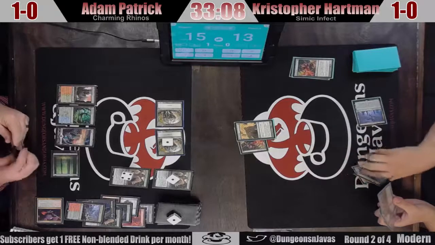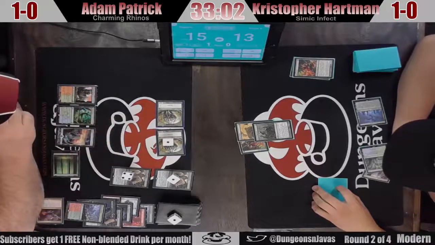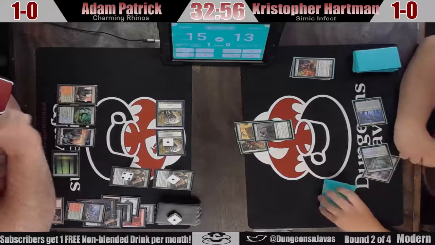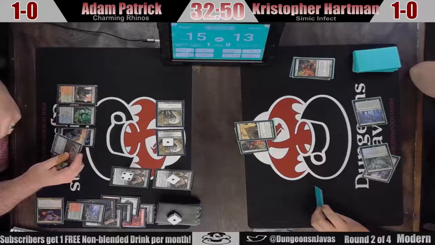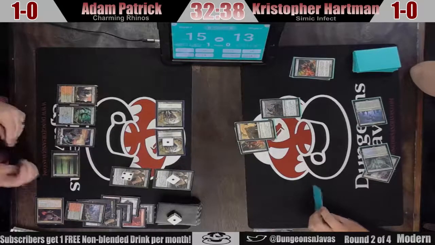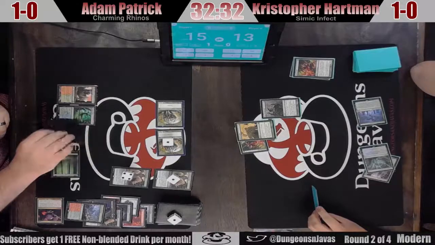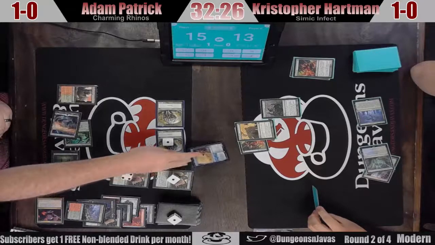For my final 2, I will play Vines of Aspud, kicking it. Target creature can't be the target of spells or abilities your opponents control this turn. If Vines of Aspud would be kicked, target creature gets +4/+4 until end of turn. Can you see it? Okay. With this on the stack, I'll bounce the Glistener off to